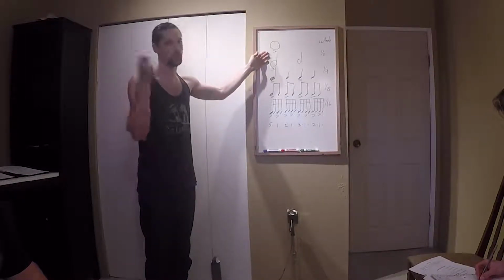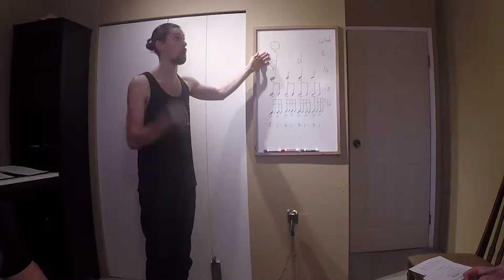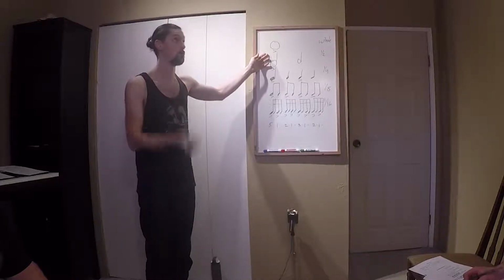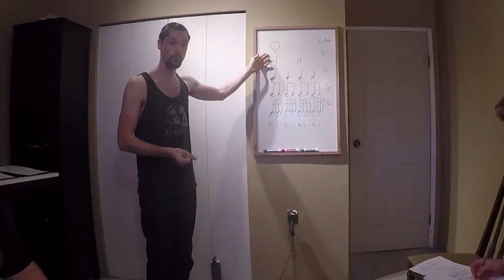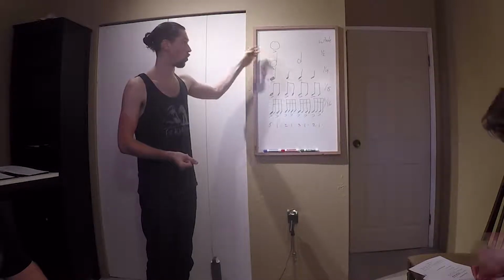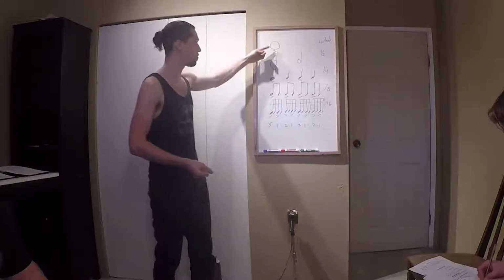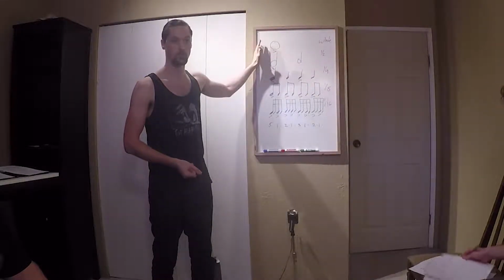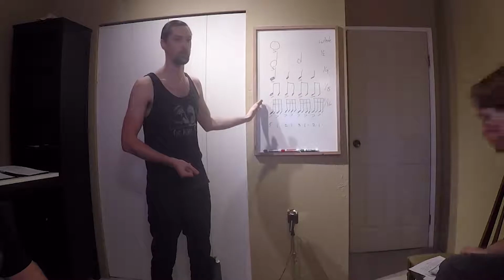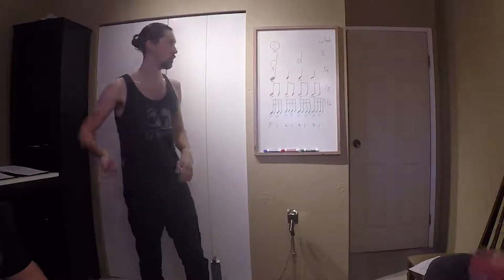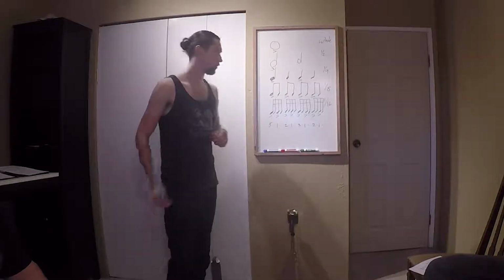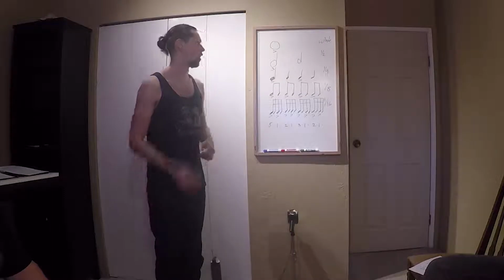So when we get to the whole, we just go ta. Ta. Sorry, the first time I only held it for 3. So what you want to do is hold it for the entire measure, and then as soon as we get to the downbeat, that's where you stop. Right? So we're going to do that for each of these. Okay. So 1, 2, 3, 4. Ta